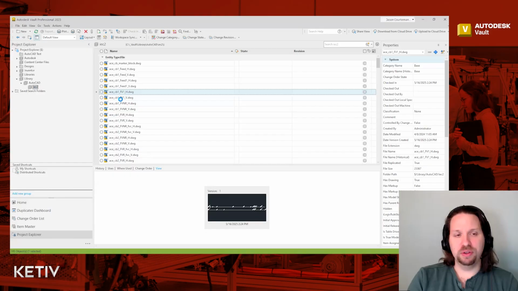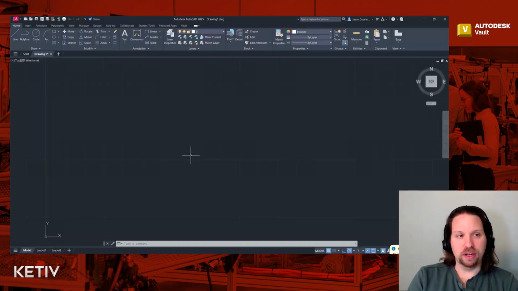There are two ways that we can use these block assets. One is if we go to